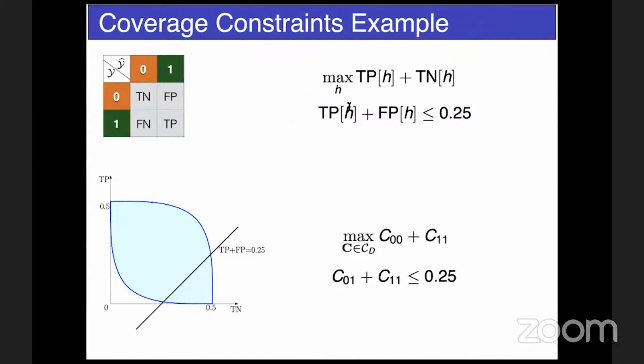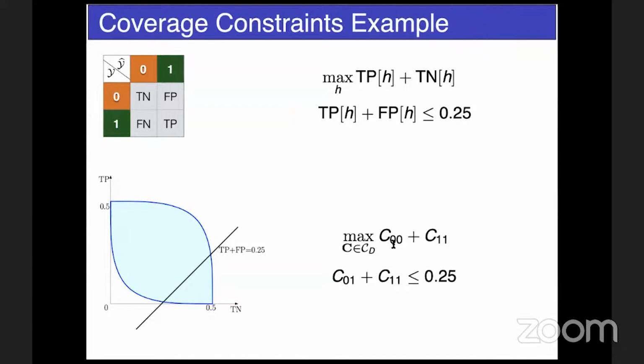Right? So what do you want to maximize? You want to obviously maximize the accuracy. Well, that's not obvious, but let's say you want to maximize the accuracy. So you want to maximize the true positives plus true negatives. But let's say you can only admit 25% of the students who are applying. And so that's a constraint now, which means that the true positives plus the false positives has to be less than 0.25. So you can convert this into an optimization problem, which essentially turns out to be this.